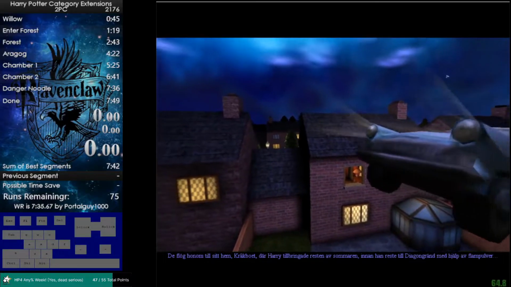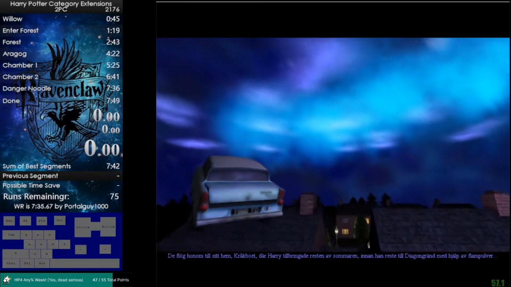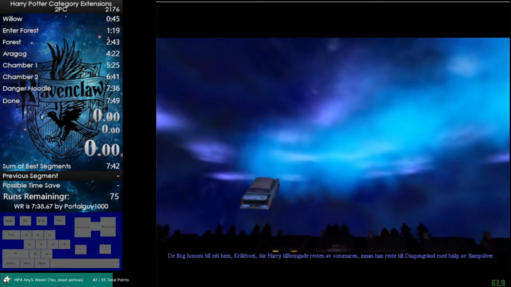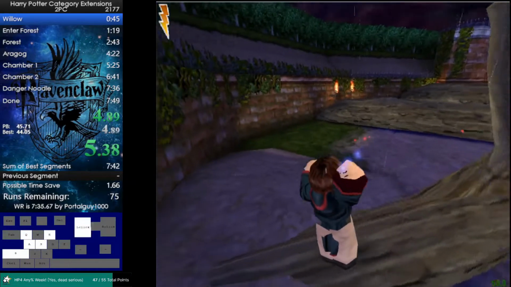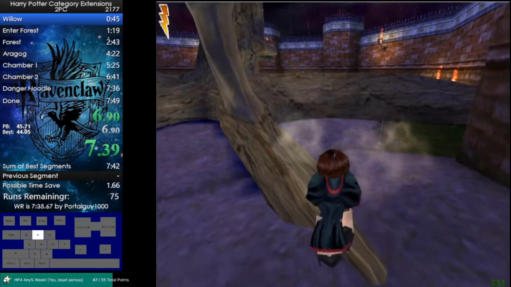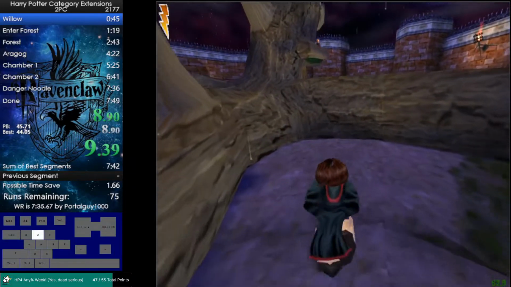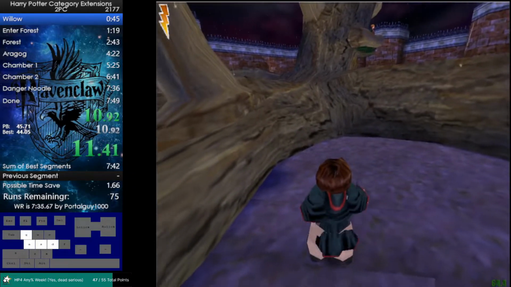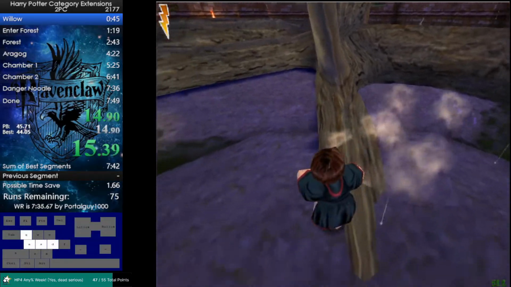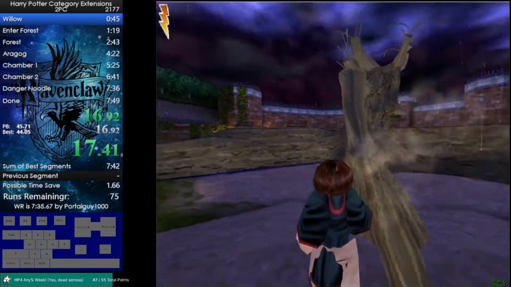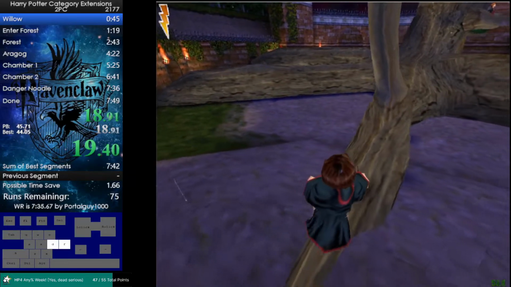Anyway, upon skipping the first cutscene, you want to be holding double left and single back. So there we go. That's what I'm holding, double left and single back. And we want to jump like that from the log. So again, you're gonna spawn somewhat like this. We're gonna hold double left single back and jump over this log. Now, upon getting into the game,